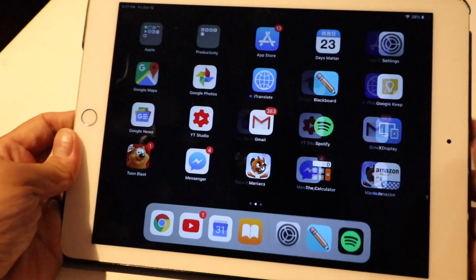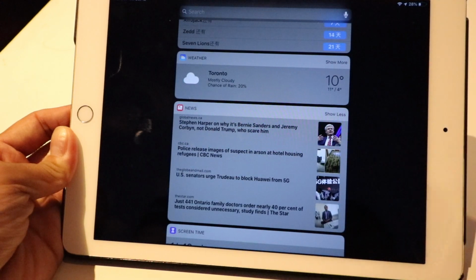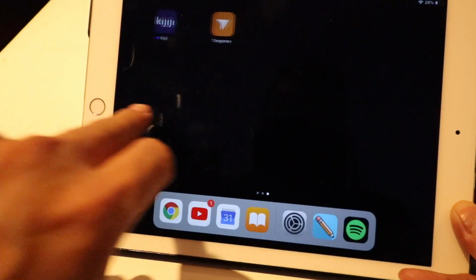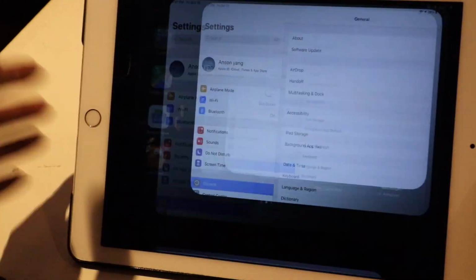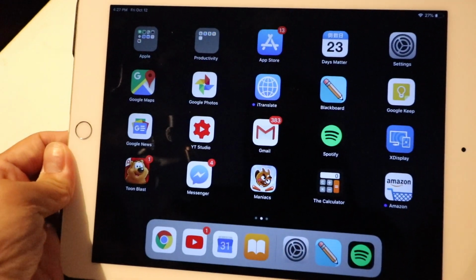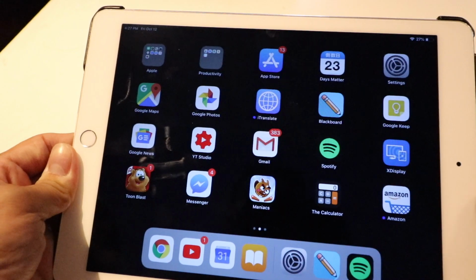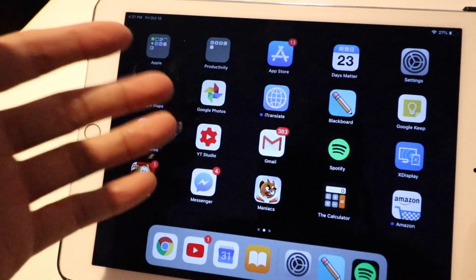Performance wise, for such an old device, and like in my old video I suggested it might have one or two updates left, I'm pretty amazed how iOS 12 actually made this device feel like it's brand new again. All the hiccups and slowdown I had before are definitely gone, and I feel like it has more improvement than any other OS I've seen so far. Well, not of course the first one that came with this device, but out of all the new iPhone X, XS Max, and all these things, the thing that came up to me the most is how much better the iOS 12 experience feels. And I feel like